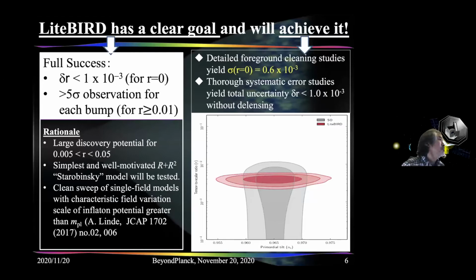Probably one of the most important things is that LiteBIRD has a clear goal and will achieve it. The clear goal, as I said already, is to achieve a delta r better than 1 times 10 to the minus 3. With the given angular resolution, that also gives us more than 5 sigma observation for each bump in case r is sizable, greater than 0.01. Of course, this is coming from science, and here I just list the rationale. This gives us a large discovery potential in between 0.05 and 0.05. And then it also gives us